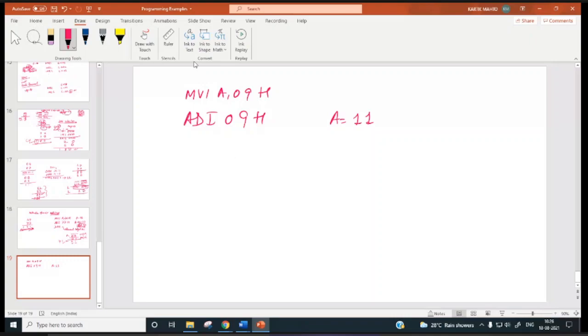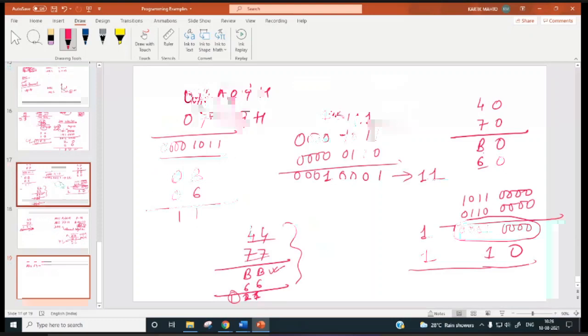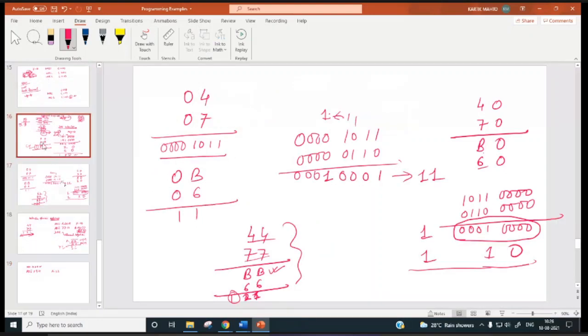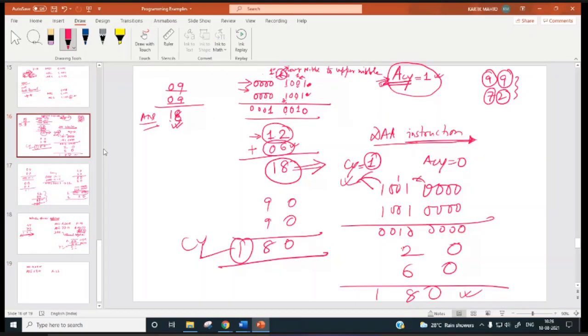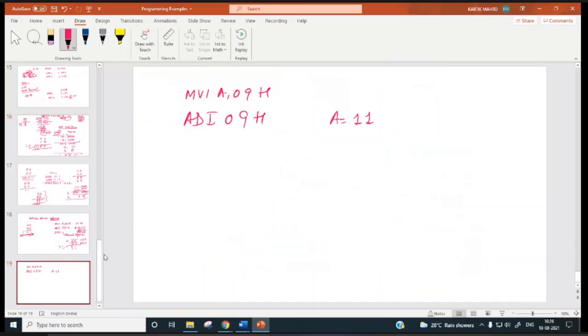No. If you add two 9s, 9 plus 9, the result is going to be 12. No? 9 plus 9, the result is 12.